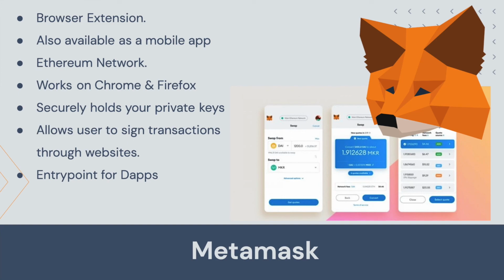You press a button on a website, it calls the extension. The extension sends you a small pop-up that tells you this is a transaction, this is how much it will cost, do you accept. You press accept, and the transaction is sent. These are a few screenshots of that app being used.